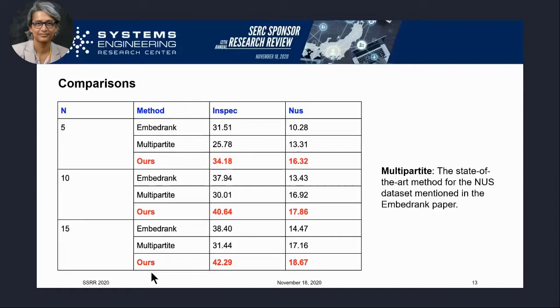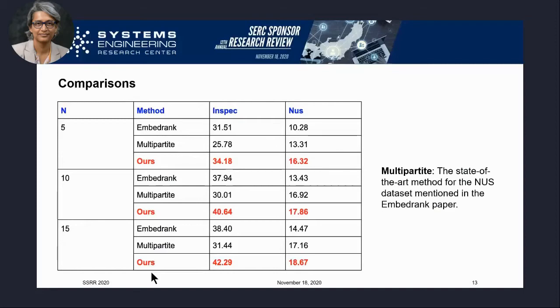INSPEC and NUS are two data sets that we ran this on. And as you can see, ours is the currently proposed one, and the red one has the highest values on everything. We beat these other methods pretty solidly, which is not surprising given all the other enhancements that we've made to it.